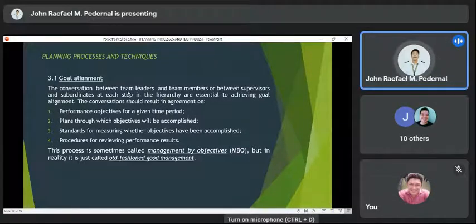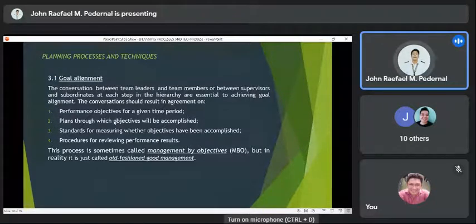The conversation between team leaders and team members or between supervisor and subordinates at each step in the hierarchy is essential to achieving goal alignment. The conversation should result in agreement on number 1, performance objectives for a given time period.